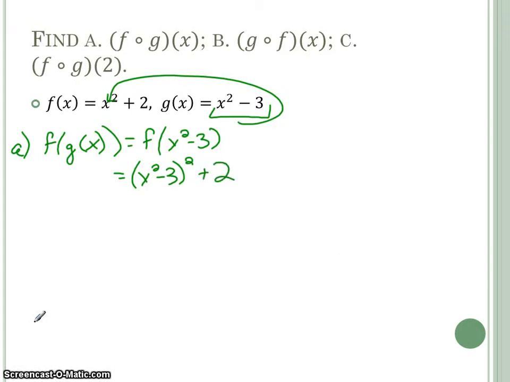All right, so yes, we need to simplify that. If we're going to take x squared minus 3 and square it, what do we need to remember to do? FOIL, yes. So if we FOIL that, we'll get x squared minus 6x plus 9. So don't just give me x squared plus 9. That's not quite right. And then we've still got that 2 trailing. Wouldn't it be x squared? Yeah. It totally would. Oh my goodness. I treated it like